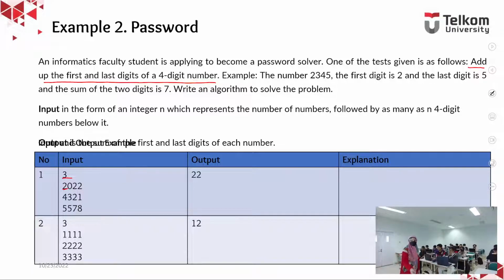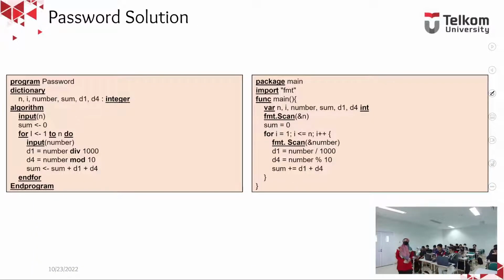Okay, let's go to the solution. We will declare the variable n, how many lines should be processed, and then I is the counter for the loop. So for I equal to 1 to n represents how many times the computer should read a line. And then sum is to store